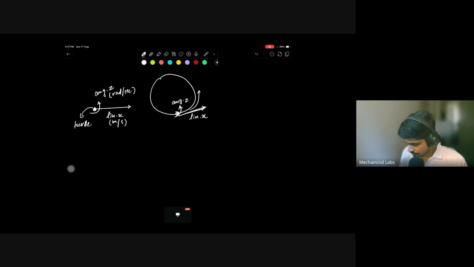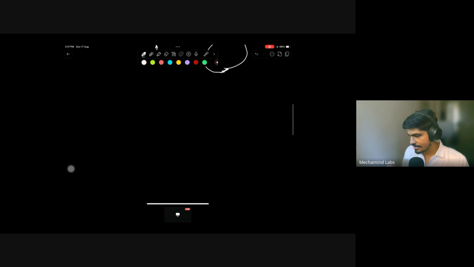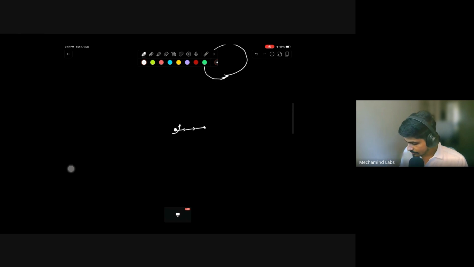Okay, so when I move my turtle at a constant speed forward and at the same time I rotate it at a constant speed, what will it do? It will make a circle. Okay, it will make a circle. Now if I change one parameter, that my turtle is rotating every time at a constant speed about the angular z, but after every iteration its speed is getting increased. So what will the result be? My turtle will move forward and at the same time it is rotating, so it will go like that,